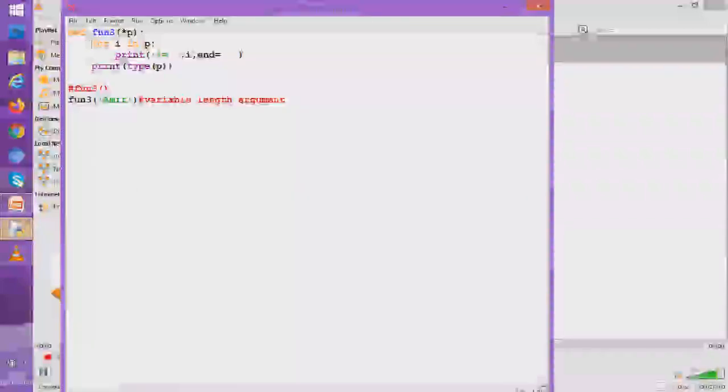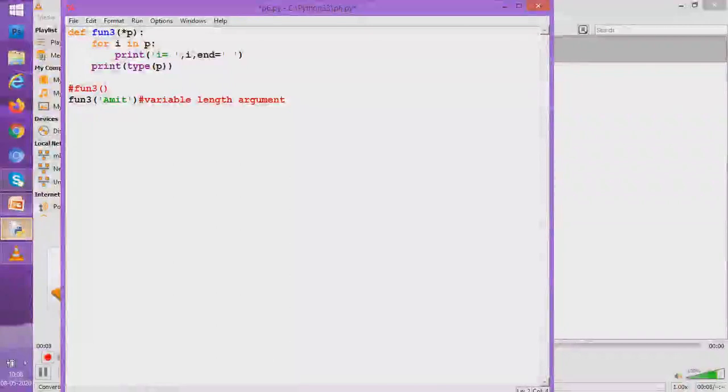So students, today we saw how we can pass parameters to functions. So there were four ways. The first was we understood how positional arguments are given. Then we understood keyword arguments. Then we understood the default argument. And now we have seen how variable length argument can be given. Students, this is all for today.